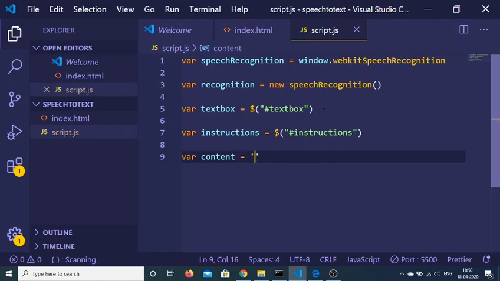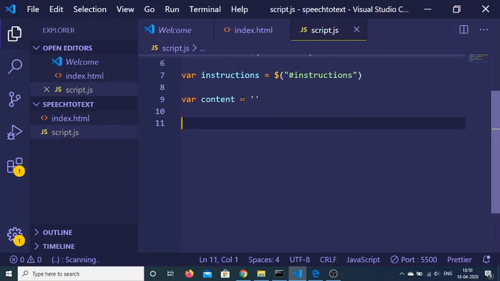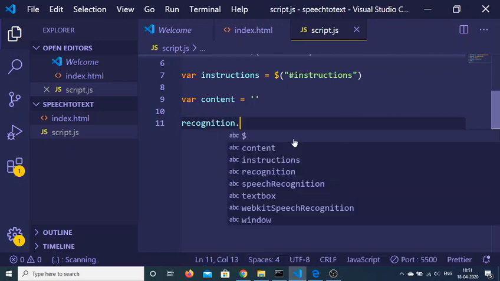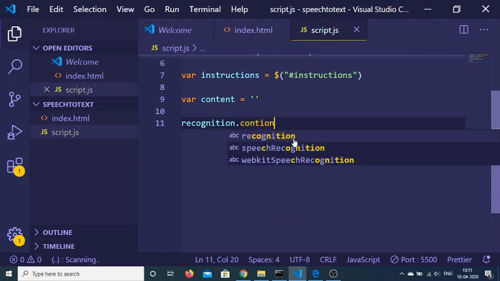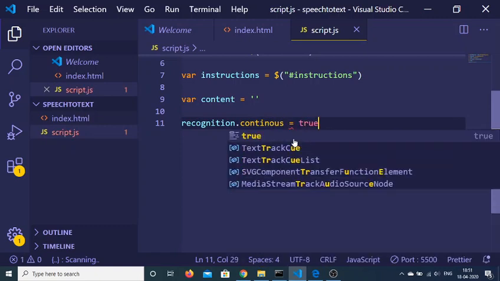So after getting all these references, now we need to create another variable which will be content. Basically this is the content that you will speak, and it will be embedded inside the text box. Just for the first moment it will be empty. Now we need to set recognition.continuous to true.